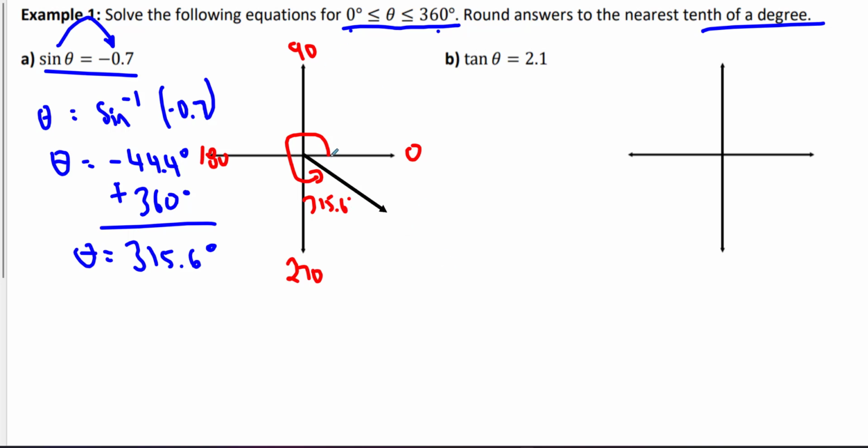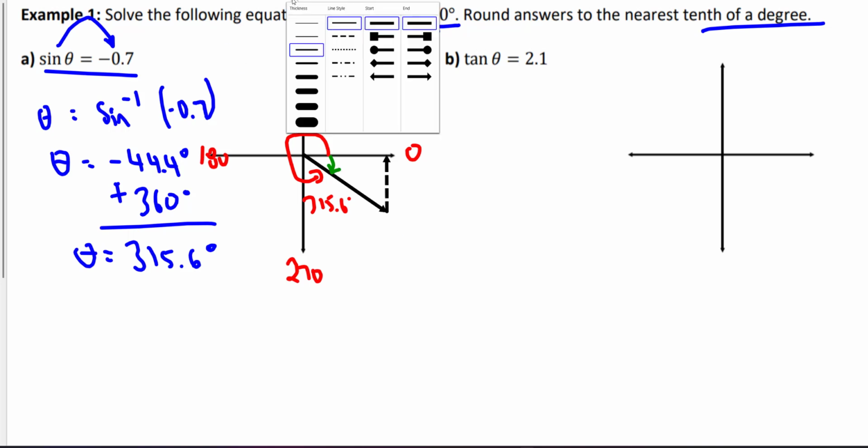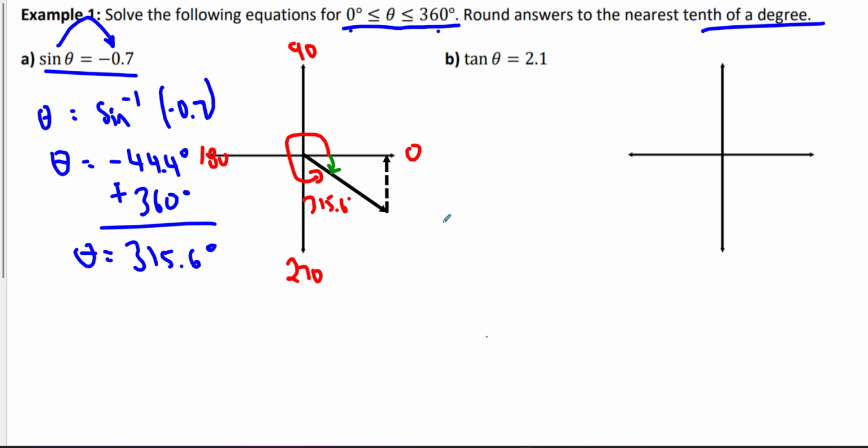What about the angle inside here? Remember to always make your triangle to the x-axis. So the angle inside, the angle that's in green, what's it going to be? Well, if I know the principal angle is 315.6 degrees, then I can just do 360 minus that. You'll get 44.4 degrees. That's the angle inside the triangle, and then the actual principal angle is 315 degrees. What else do we know? We've learned